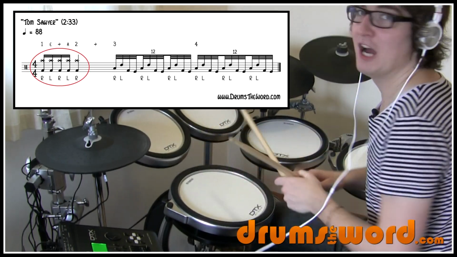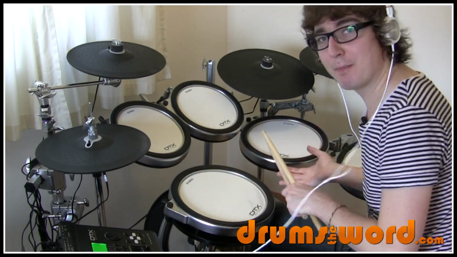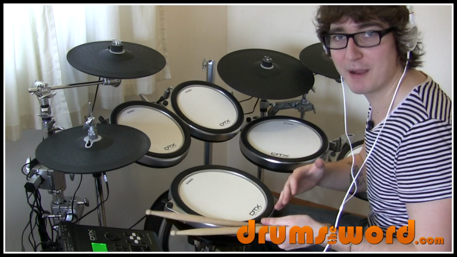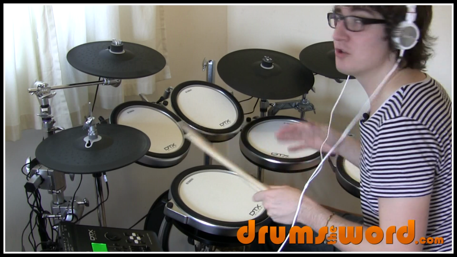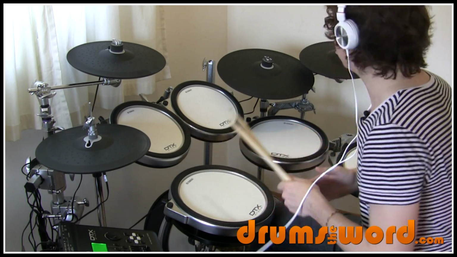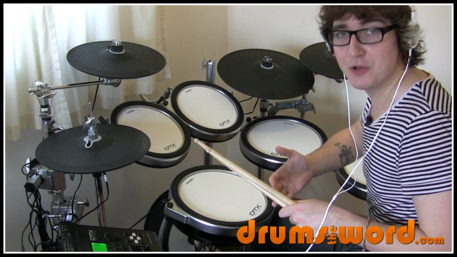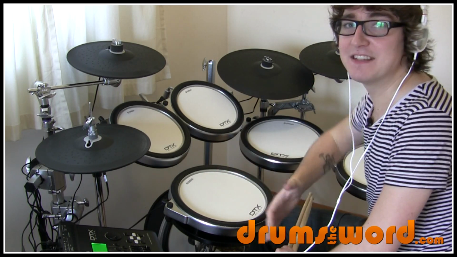1E and 2. You can play it with one bass drum foot or double bass drum foot, but I know Neil plays his part with one bass drum foot, so you might want to do the same. But of course you can use a double bass drum pedal if you like. So it starts on beat 1, ends on beat 2, and then we don't play anything until the start of